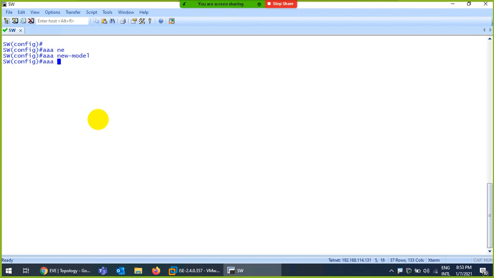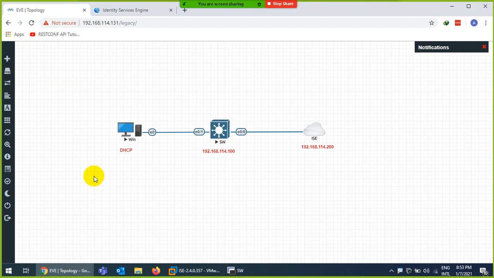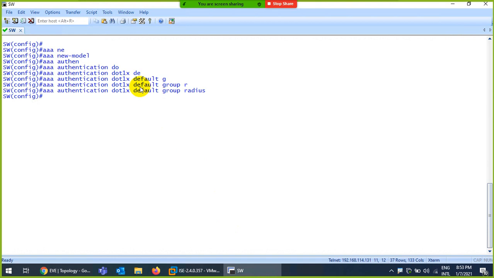Another command is aaa authentication dot1x default group radius. We discussed Radius. Because I am using network access, this PC is in the network and they want to access any resources here. By the way, I need to connect other resources to access, but anyway. So this is a network device, and they want to access the resources. So I say, okay, enable .1x.